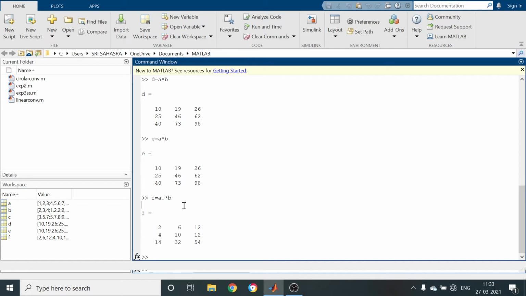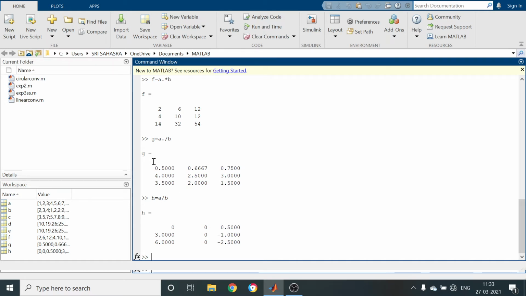Next I have to perform element wise division. To perform that, I am going for G equal to A dot slash B. So here I am going to get the general division of A and B elements, element wise. Whereas for the other, I am going to give another variable H equal to A slash B. So general slash, that is A division B, is going to give a result. Observe that for the G matrix and H matrix, both values are different. So the operators are, first, A dot slash B, whereas the second one is A slash B.